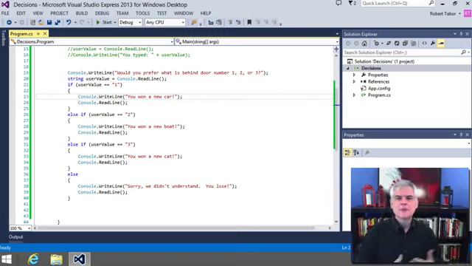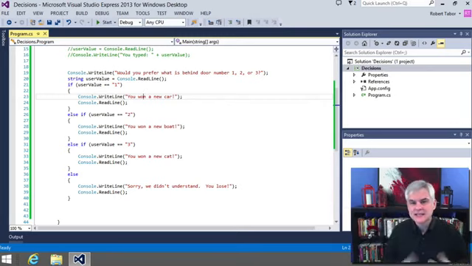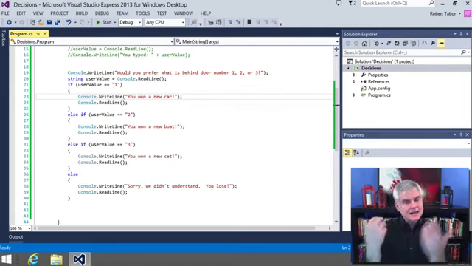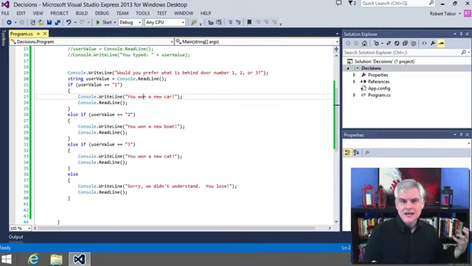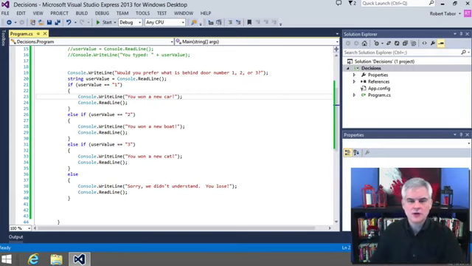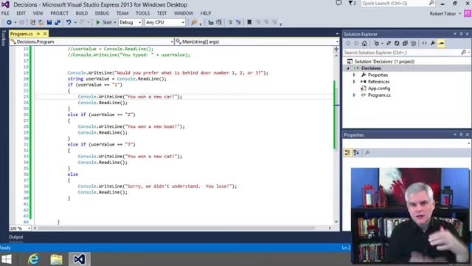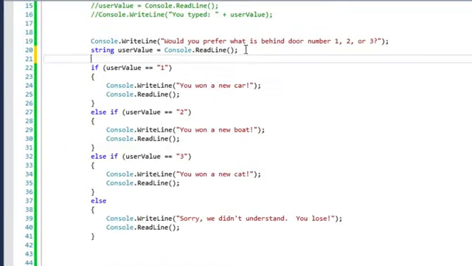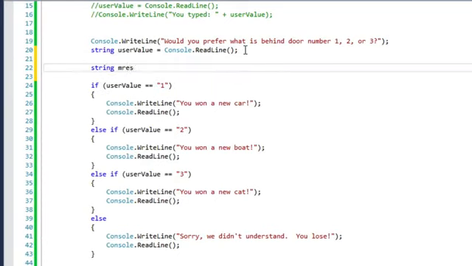But in this case, we can see that each code block in our if statement has essentially the same commands. It has a Console.WriteLine and a Console.ReadLine. So we simply need to extract what's common and focus on what's different in each of these code blocks. So let's rewrite this code now to simplify and make this code block a little bit more compact. All right, so I'm going to do the following here. Start here and go string message. And then